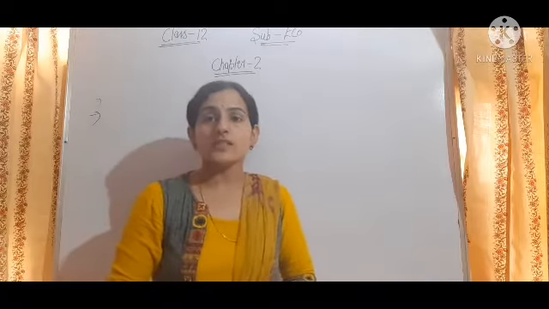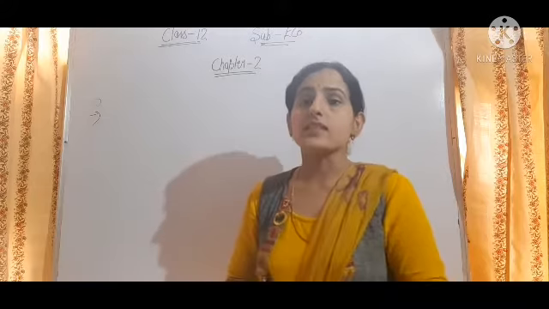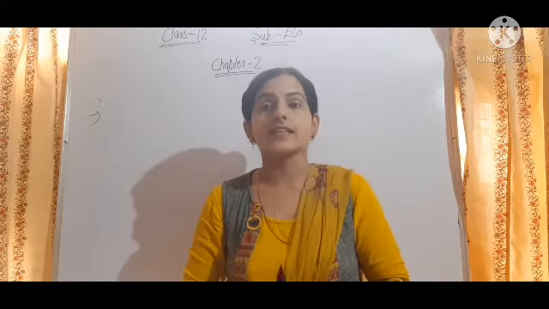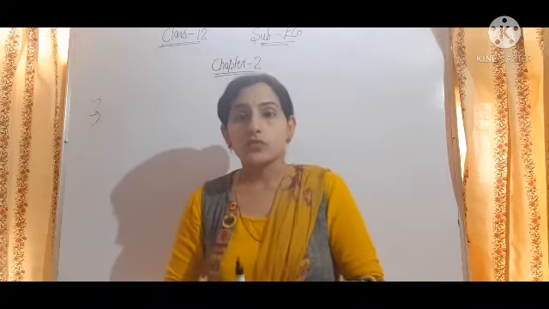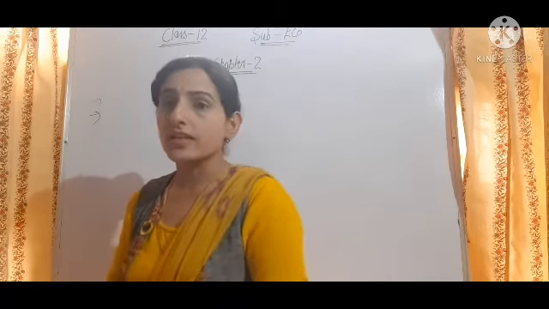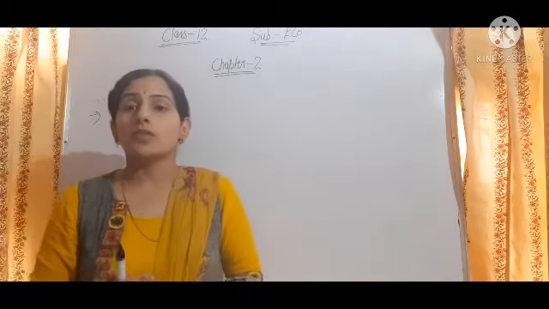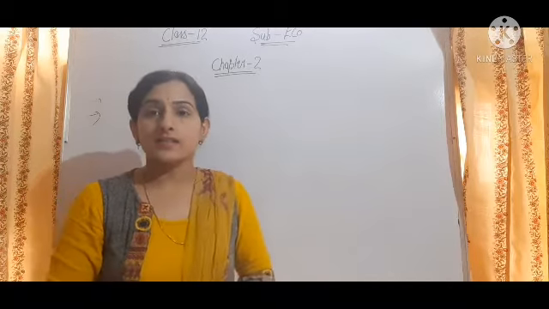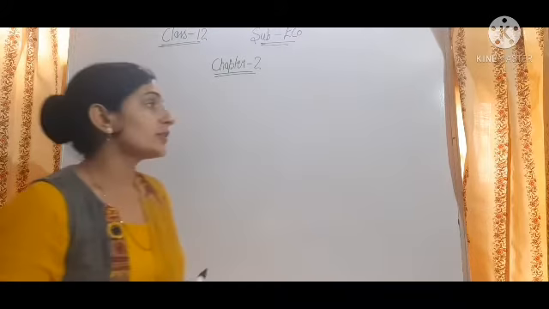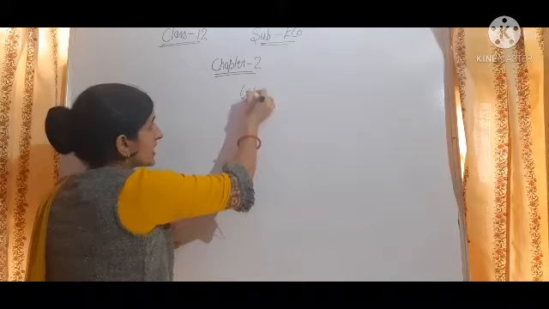Good morning students. As we are discussing chapter 2, that is national income and its related aggregates, we have talked about the meaning of national income, what is national income, what is GDP, also about factor income, also about normal residence. So today we will talk about how we can make GNP,